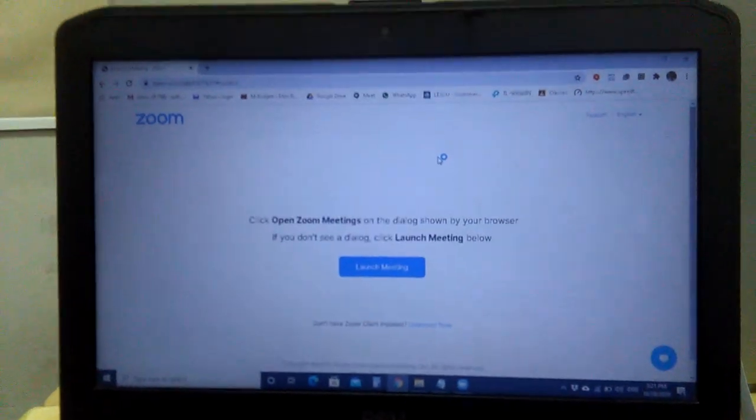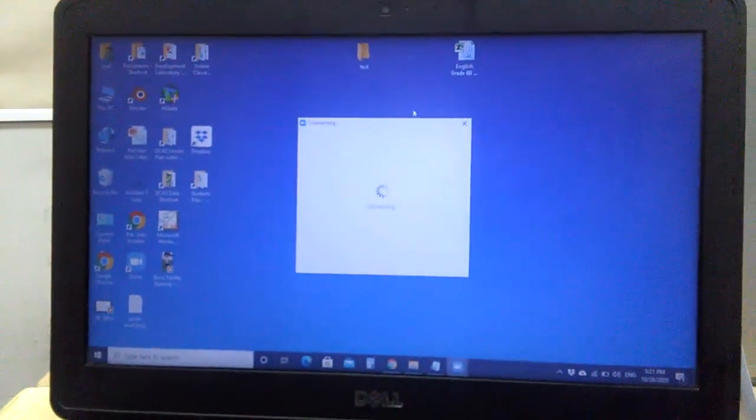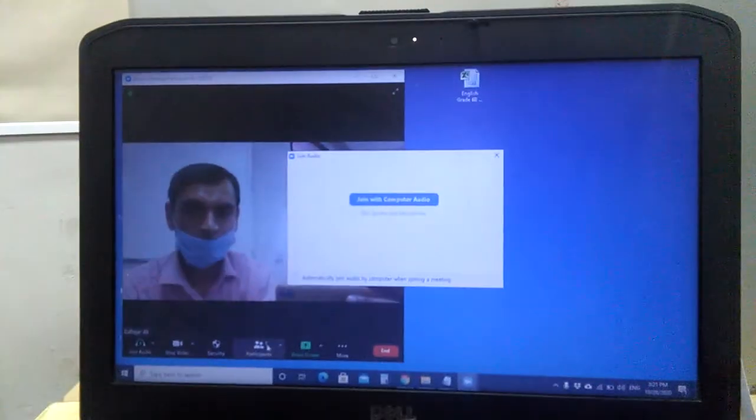You can keep this window open so that you don't need to click open Zoom meeting, and in a few seconds the next session will be ready, and next you can see the next parent. Make sure you click the participant